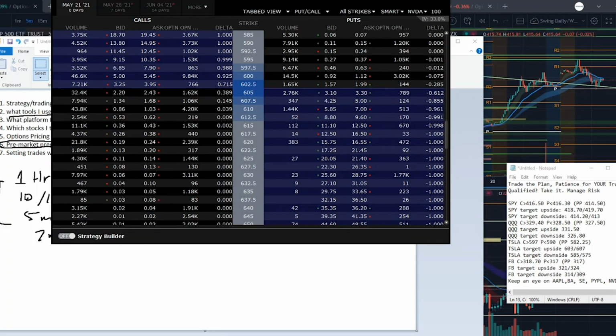Now, the rule of thumb for me is on 0 days to expiry, I am not really going out the money. I'm going either at the money or an option that is out the money with like a 35 delta, right? Because that's going to ensure that I don't need a crazy move and I won't get just destroyed for something that's super far out the money. So with NVIDIA,